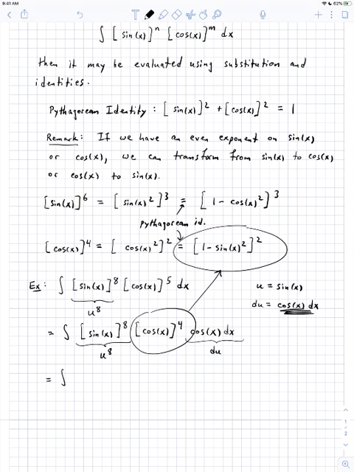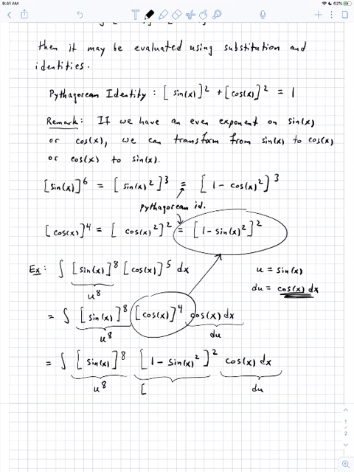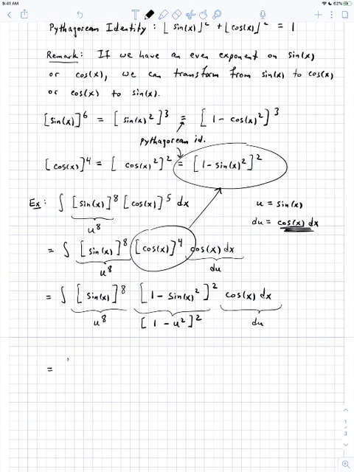So this is going to be the integral of sine x raised to the 8 times 1 minus sine x quantity squared, all raised to the 2, times cosine of x dx. Now, the first term hasn't changed, that's u to the 8, and this last term is still du, but now in the middle, everything's in terms of sines. So we have 1 minus u quantity squared, well, 1 minus u squared, and that quantity squared. So what our integral becomes is the integral of u to the 8 times 1 minus u squared quantity squared